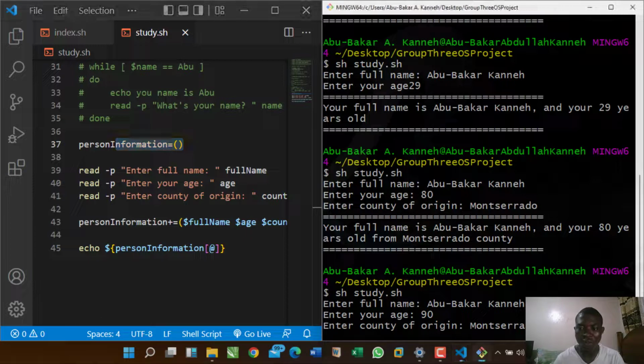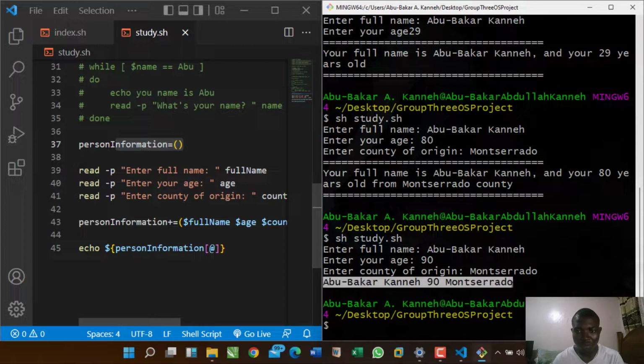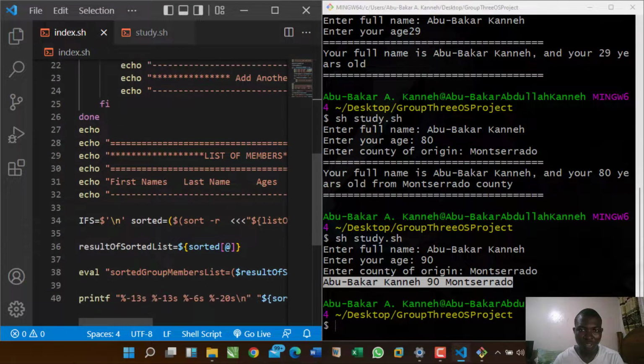So I hit Montserrat and hit enter. You see, I get Abu-Bakar Kane, I get 90, and I get Montserrat. So that's the array printing there, right? This is the array printing here. So this is what we got, and then we put it in our strings, right? We design it as a table like this. So when we got all of this information,